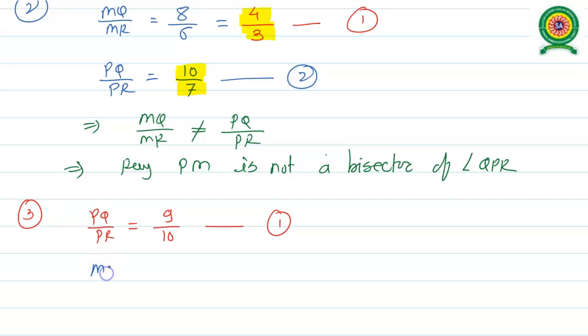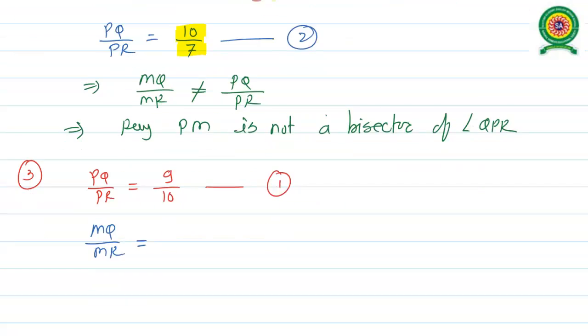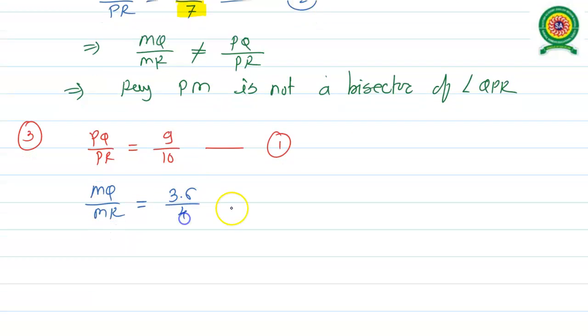Look at the next ratio, MQ divided by MR. We have given MQ value is 3.6 and MR value is 4, so we are writing 3.6 divided by 4. To cancel out the decimal from the numerator, since there is a decimal after one place, multiply numerator and denominator both by 10. So 3.6 into 10 we get 36, and 4 into 10 we have 40. Now both numerator and denominator are divisible by 4: 4 9s are 36 and 4 10s are 40, so we have 9 and 10 respectively. I would like to call it equation number 2.